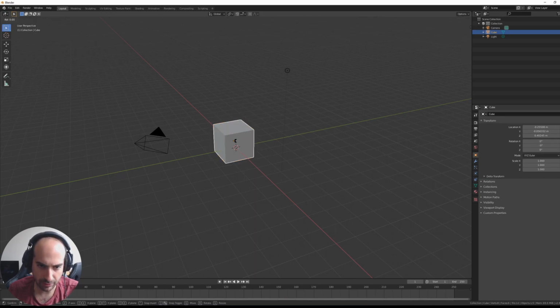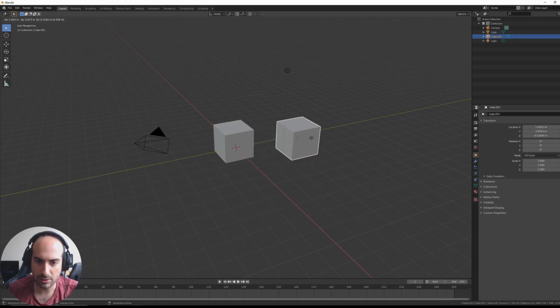But similarly, if I push R, then push X, then I'm only going to rotate along the X axis. If I push Y, I'll only rotate it along the Y axis. And if I push Z, I'll only rotate it around the Z axis. Another very common command is Shift D, for duplicate. So if I duplicate this object and put it here,